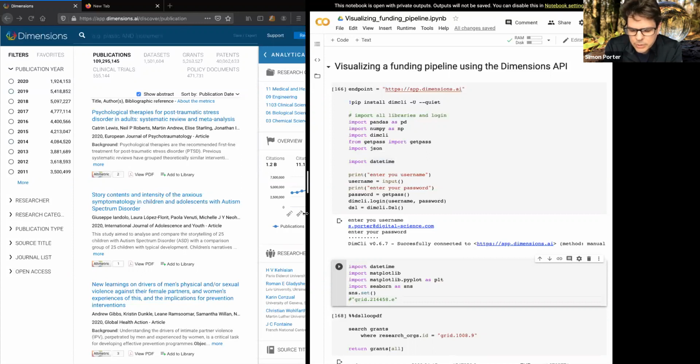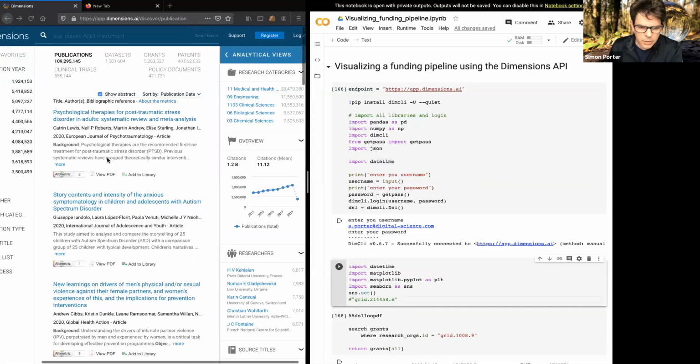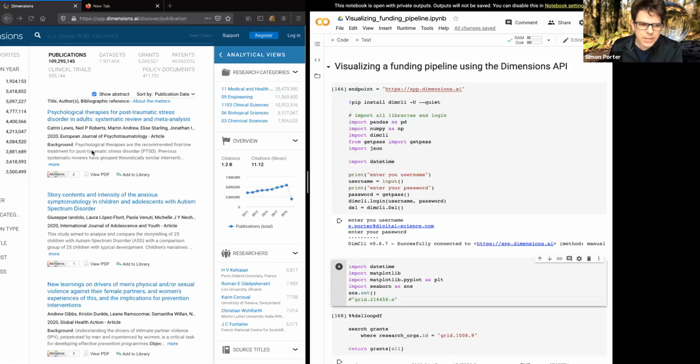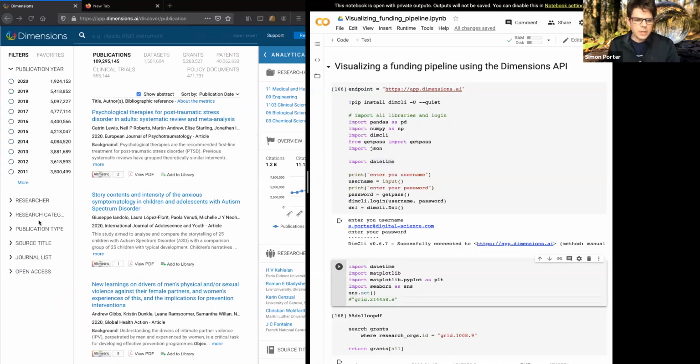The other thing that makes using the API really powerful is the ability to manipulate the data once you have it, once you've got the results of your search. And building a funding pipeline is a really good example of being able to take the results and use them and manipulate them to get what you want. So if we just get a funding pipeline up in the front end,